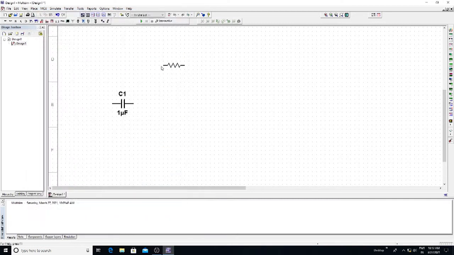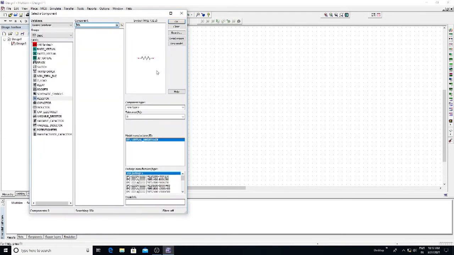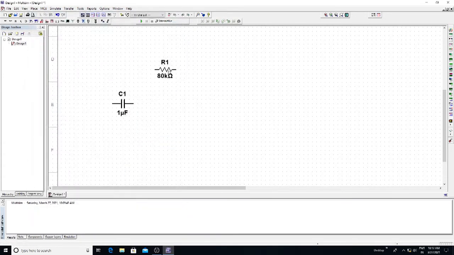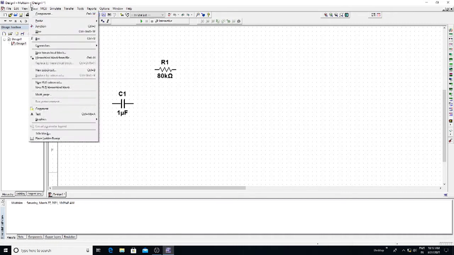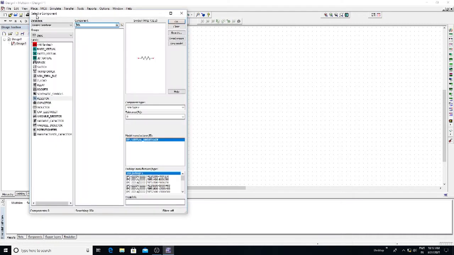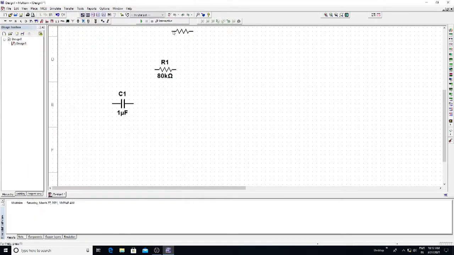OK, place the resistor here. Similarly, we have another resistor R2. Go to Place, Component. The R2 resistor value is 40 kilo ohms. Type 40K. OK, so place the resistor here.